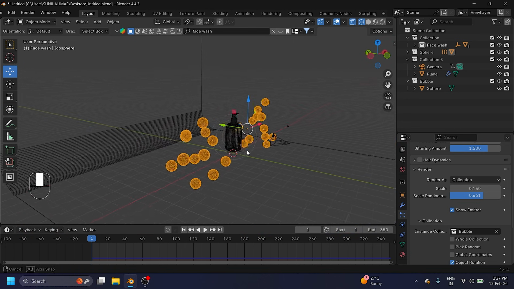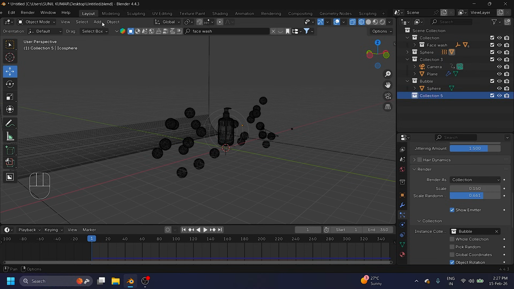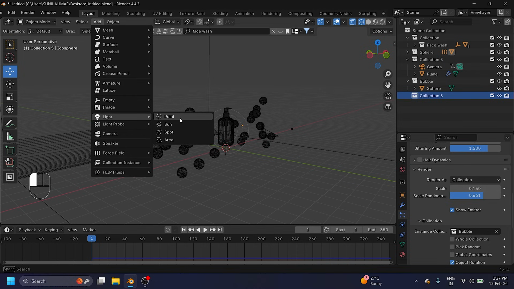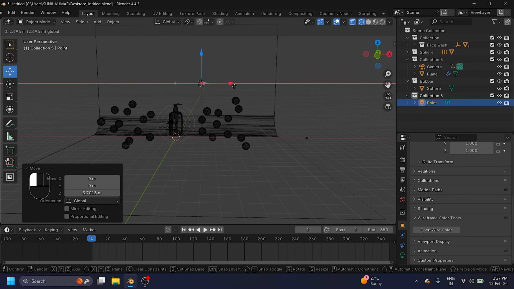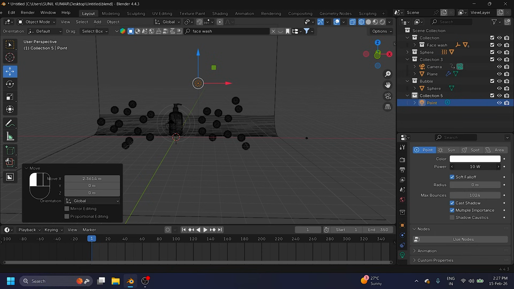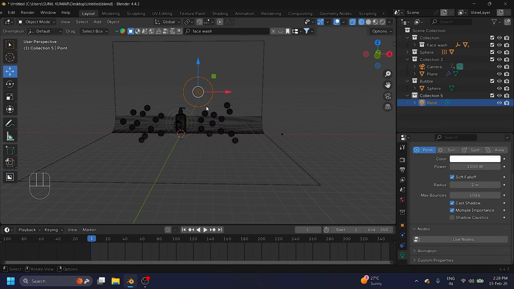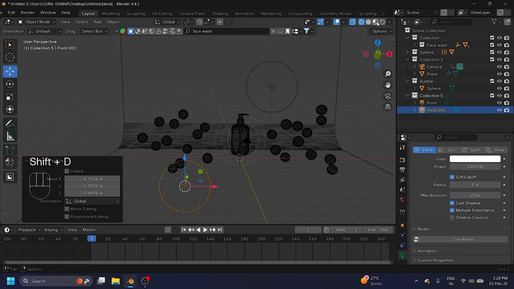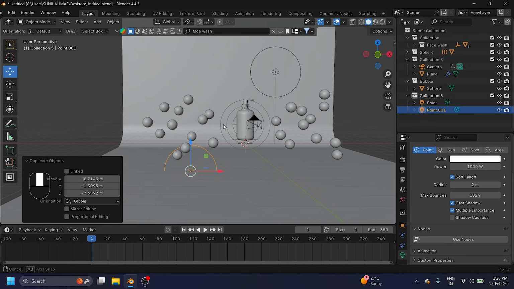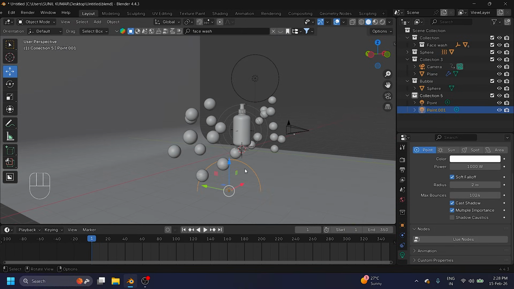And now guys, I apply this time beautiful lighting. And first light, I create new collection. I'm using this time point light and up. Go to on here, this side. And guys, power like 1000. Radius I like to increase like 2. And guys, duplicate this light, shift D, enter, go to on here. So click on here. Right, see guys, that's my side light. This one is my point light, and this one point light.